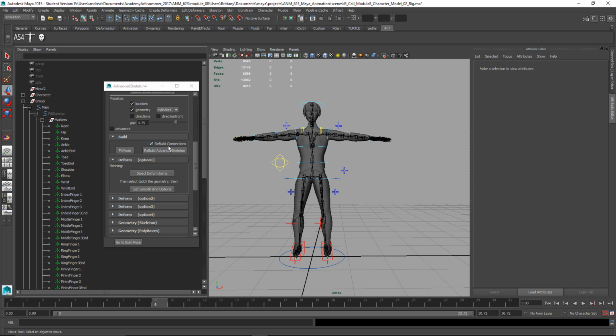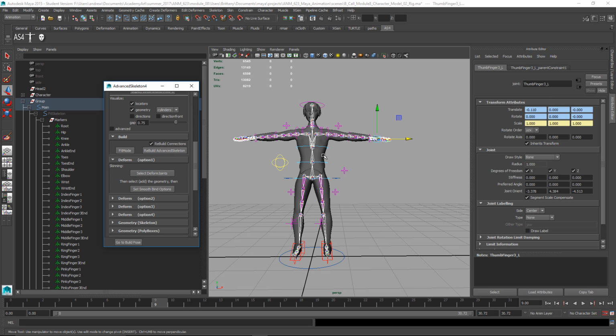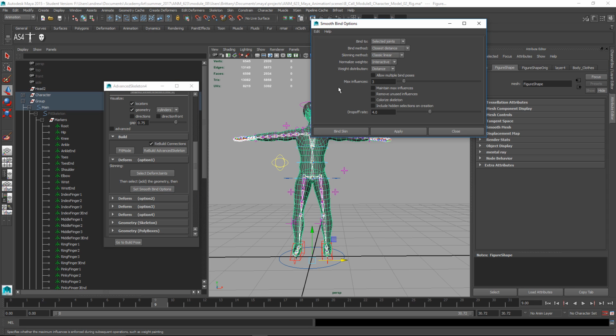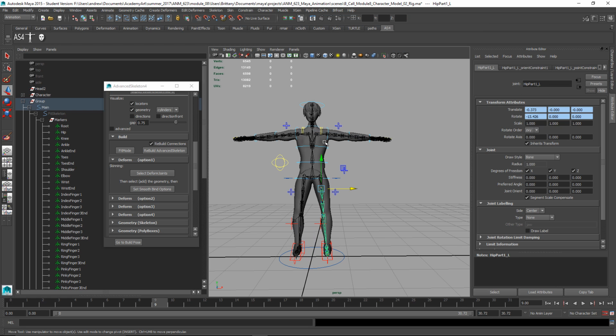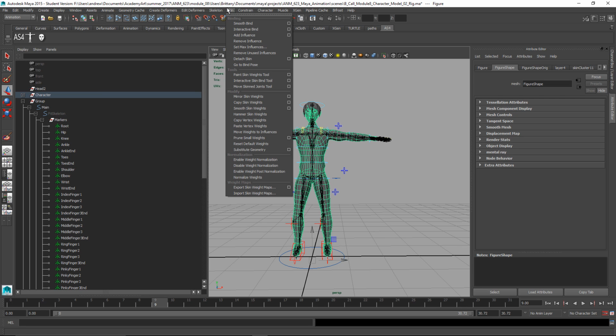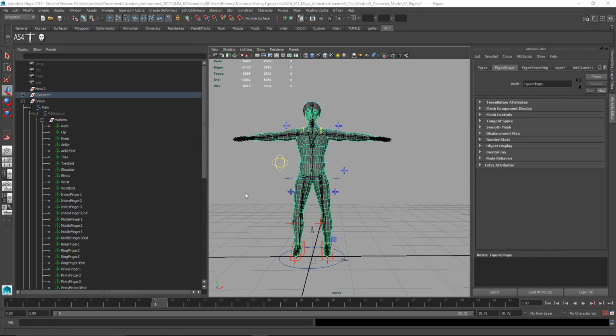So let's try this again. Select the deform joints, shift select the body, set smooth bind options. Like I said, it doesn't really matter because we're going to import the weights anyways. Bind skin, select the surface, skin, import skin weight maps,